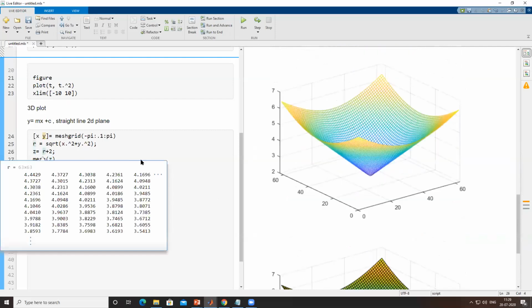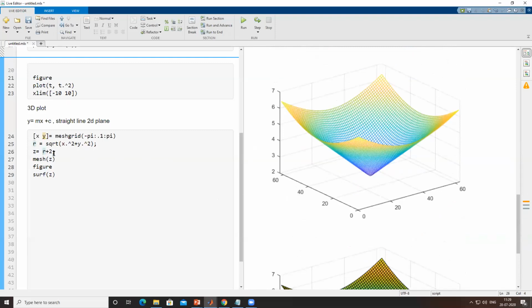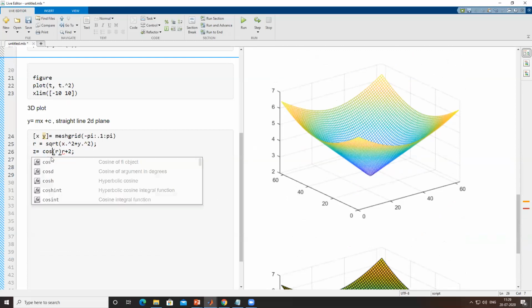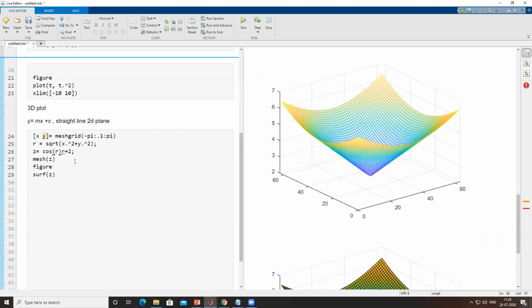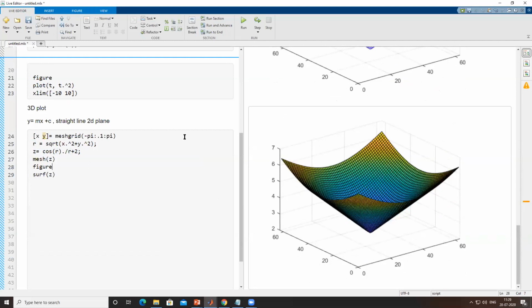Same thing, you can play with all these. If I use sine of r, or say cosine, because cosine is at maximum at 0, and divide by r, it will be a decreasing amplitude.